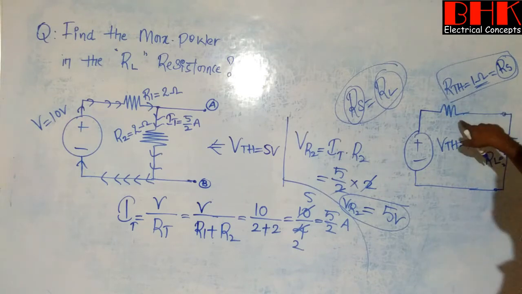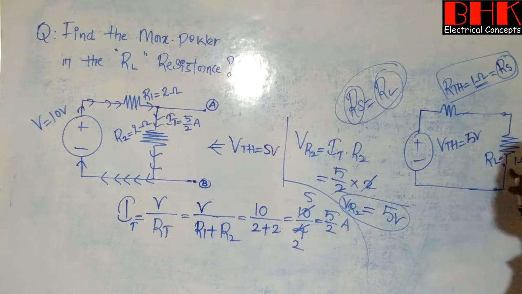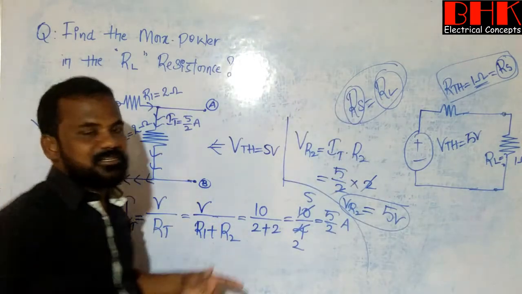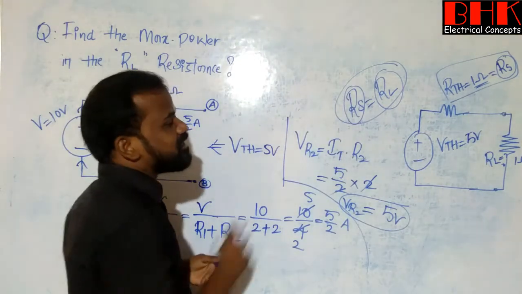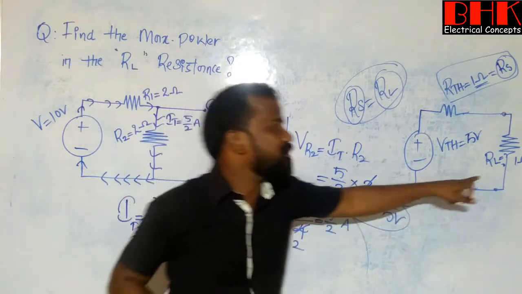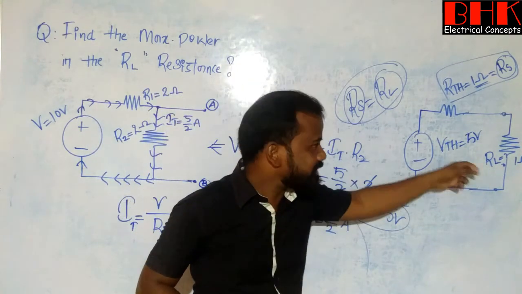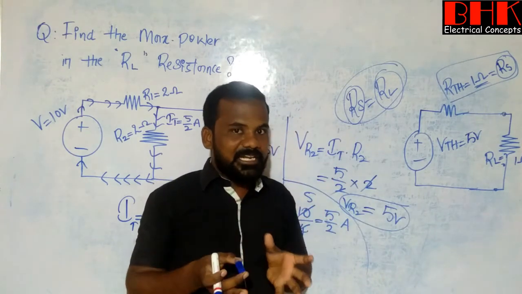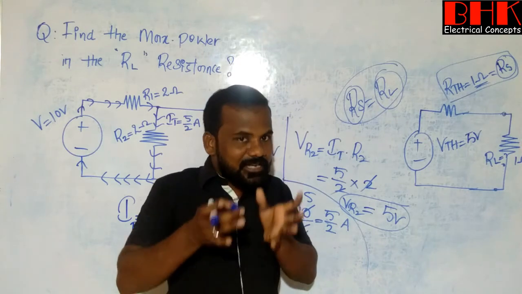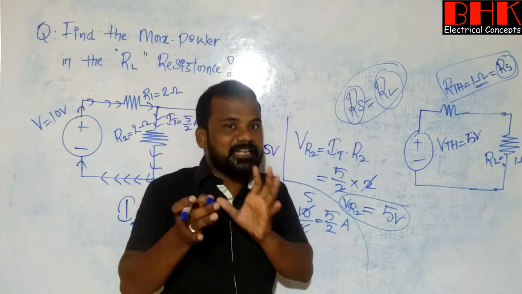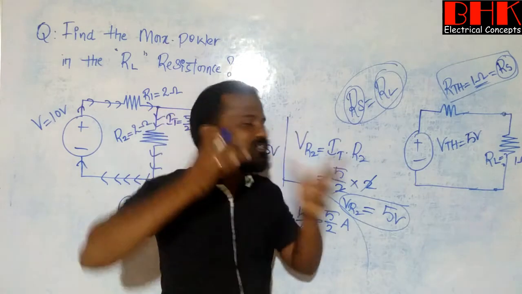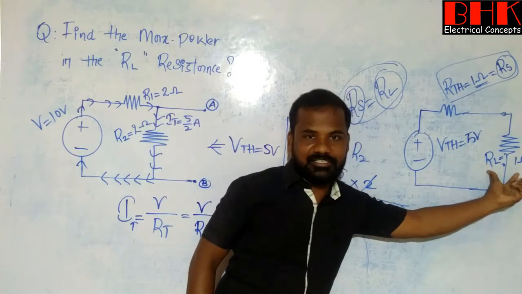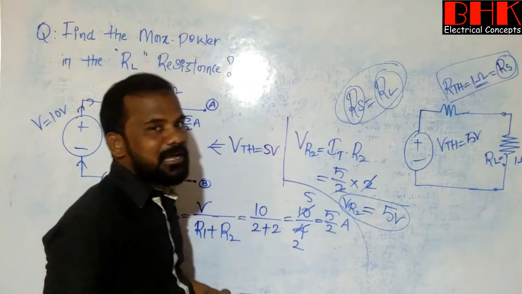Now we know the value of source resistance. We know the value of load resistance. Now calculation of power in load resistance. It is very simple. Now go for the calculation of maximum power in the load resistance in this circuit. So this is the circuit we got by using Thevenin's theorem. Clear? So we have converted the total remaining circuit into this equivalent form to get the maximum power in the load resistance. Clear? Now go for the calculation of maximum power.